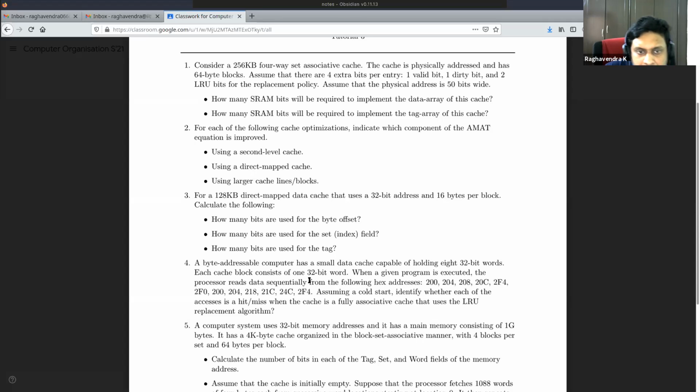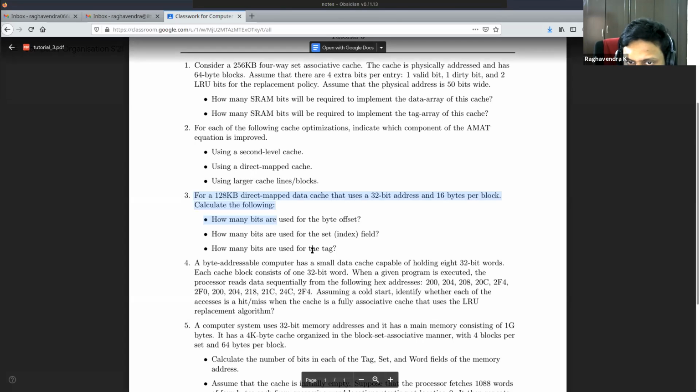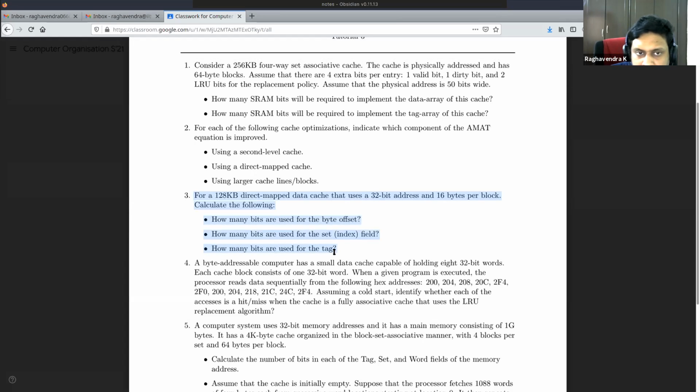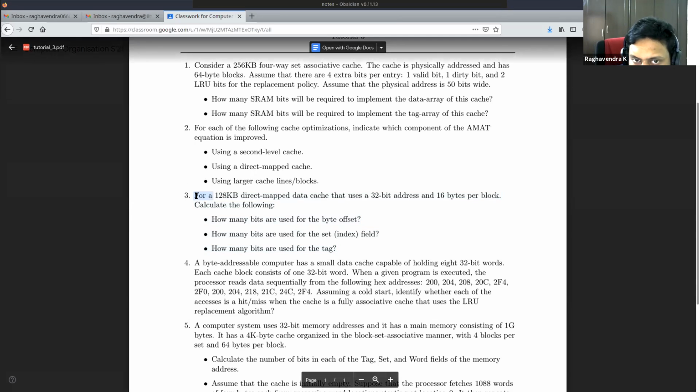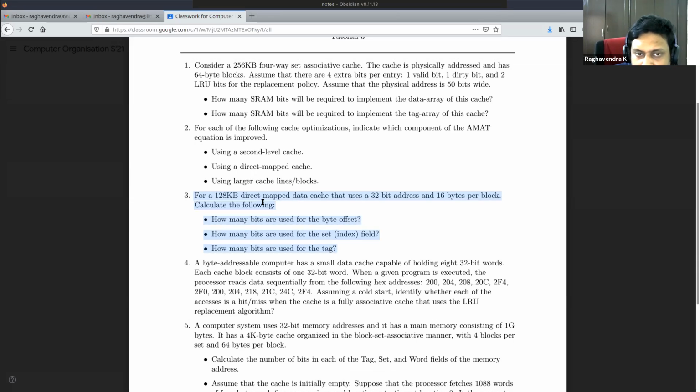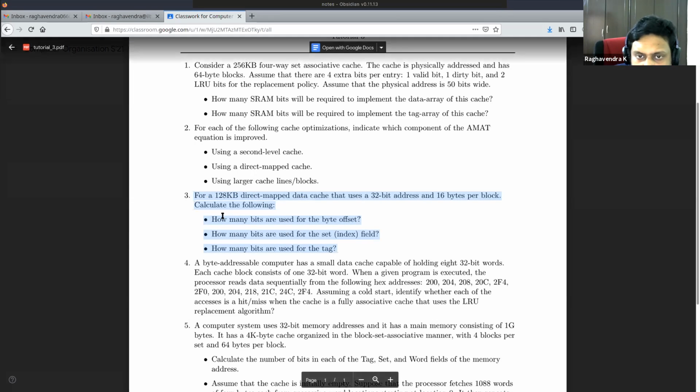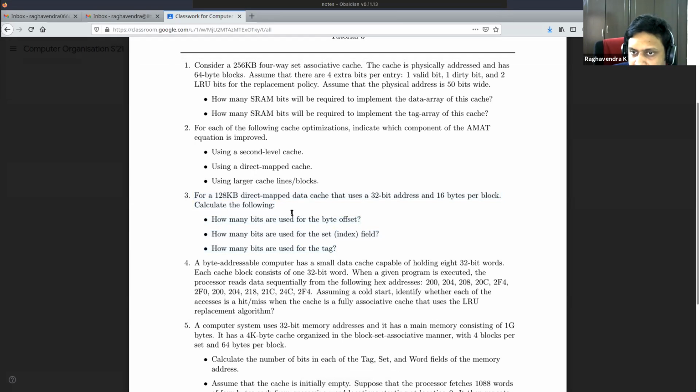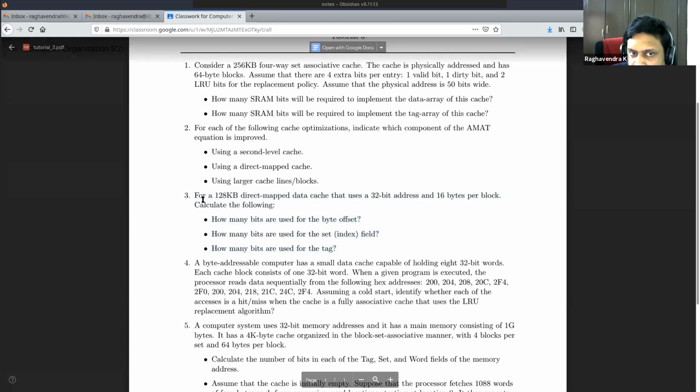Okay, this might take some time. Can you please do the third problem? We'll come back to the fourth problem a bit later. I just want to know whether you are understanding it or not. Just the third problem. The third problem is simpler. We already saw this. Can you tell me quickly what's the answer for the third problem?